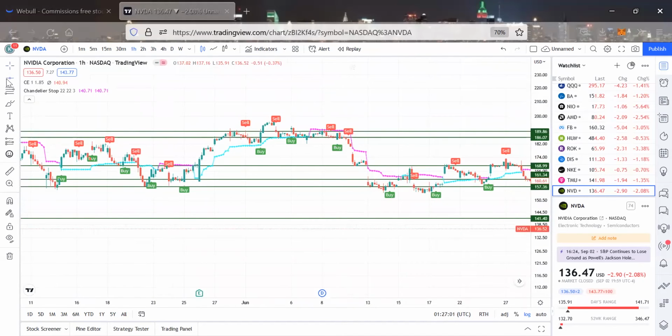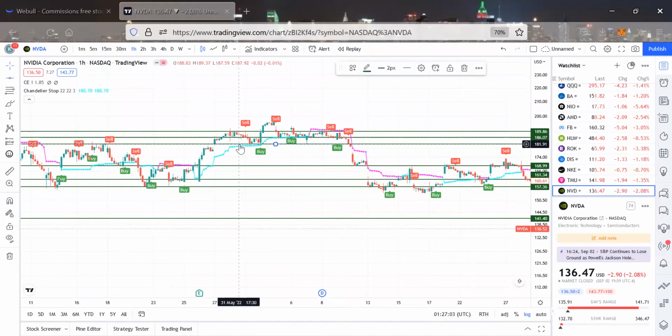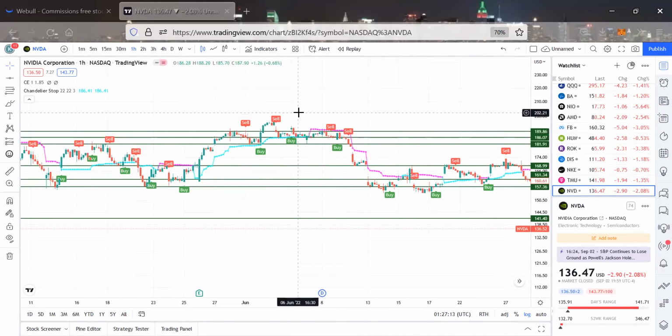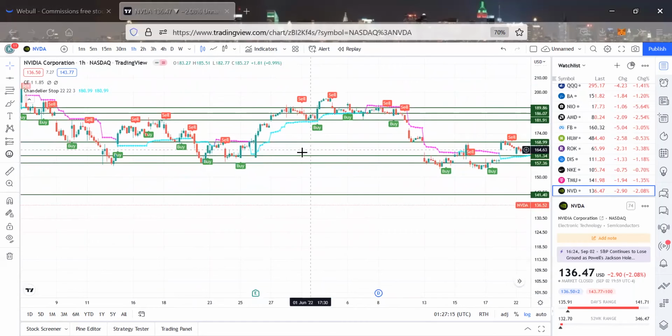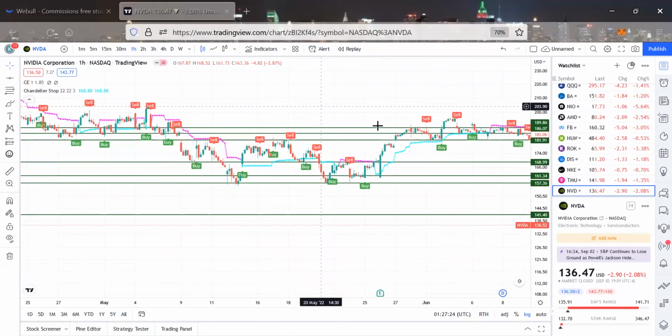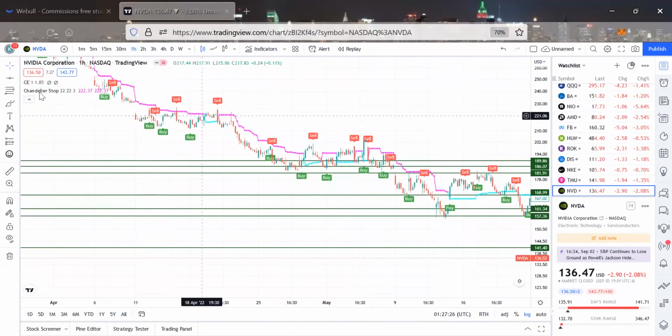We have another one right here. Let's look for a short play. We have a buy signal confirming that we are still in a blue trend. We've seen that sell signal, and we took that from 181 all the way to 186. Not bad, right? But if you took it from down here and you seen that color change, you could have bought calls, and you know, that sniper entry right there, right? I like that